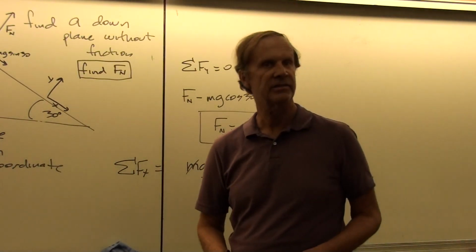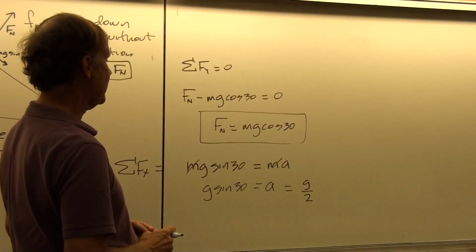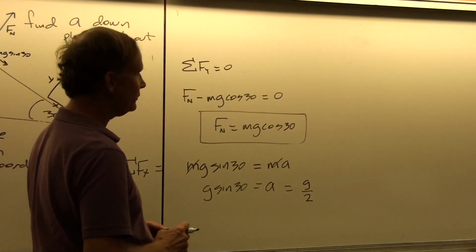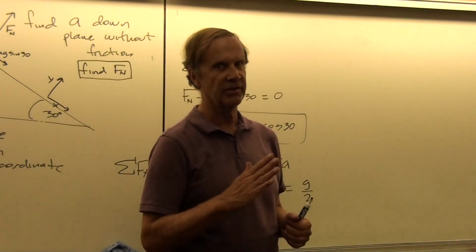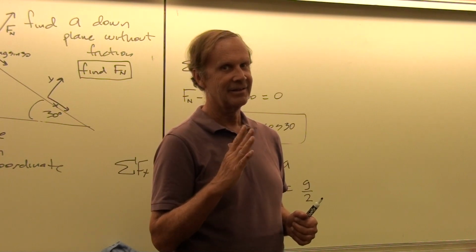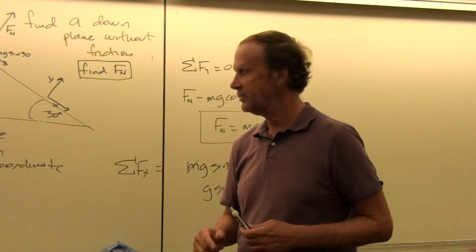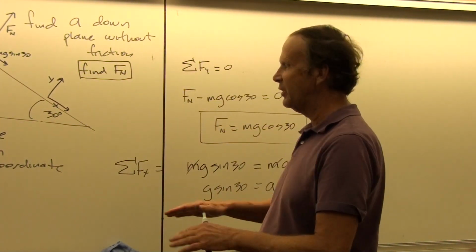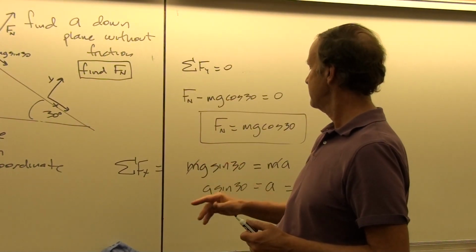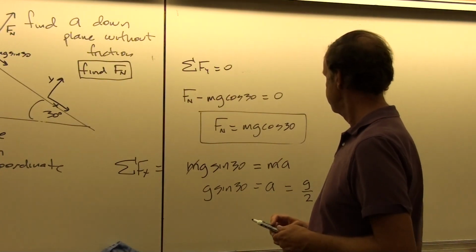So as this thing slides down an inclined plane, it has an acceleration that's half the acceleration due to gravity at a 30-degree angle. You might think it should be half the acceleration due to gravity at 45 degrees, because that's halfway to 90. That might be logical, but trig functions aren't linear. A sine function doesn't work the same way as a straight line function, and so half the angle doesn't mean half of the maximum value.